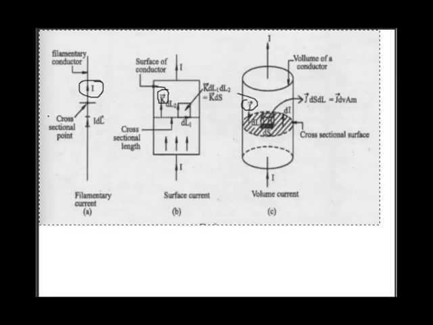When current flows in a conductor, it produces a magnetic field around it. It is observed by the Biot-Savart law. So we are going to start the next topic, which is the Biot-Savart law. In this Biot-Savart law, he observed the magnetic field near the current carrying filament.